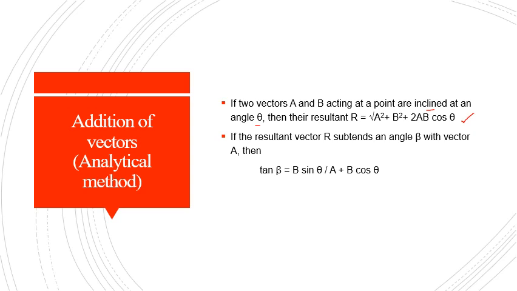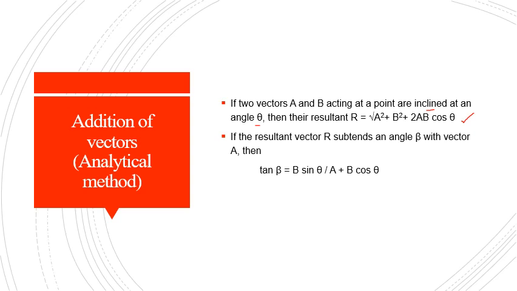Okay, so what is the difference, students? Earlier we solved by the graphical method, where we found the resultant using the triangular law, polygon law and parallelogram law. This is your analytical method, used if theta is involved, if a particular vector is inclined at an angle theta. So what will be the resultant and the direction of the vector? Is that clear to you?